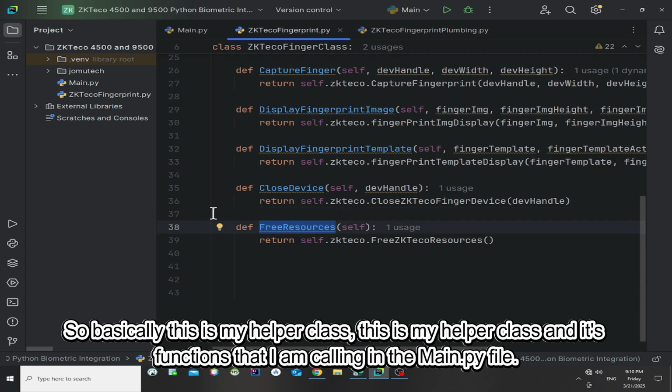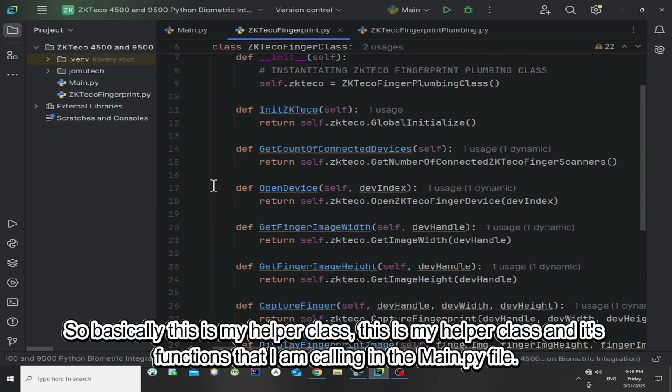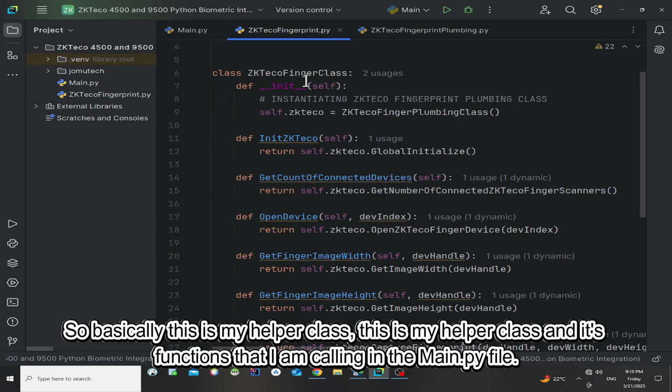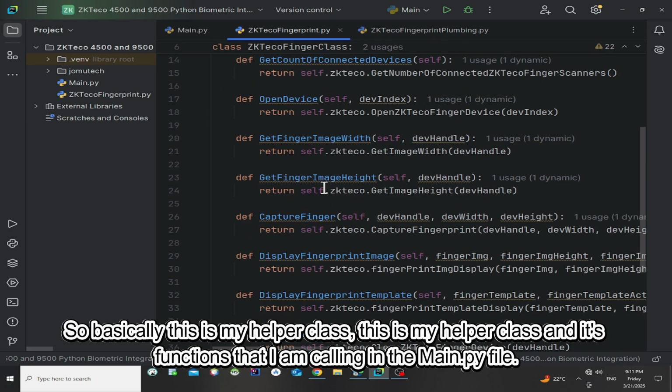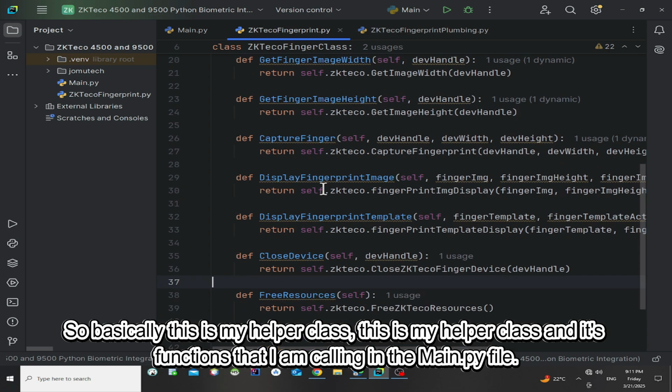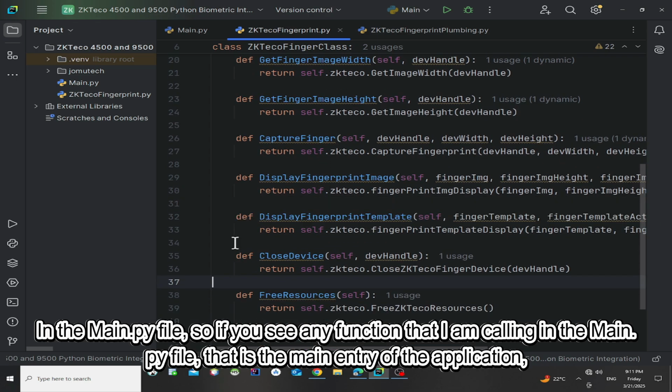So basically this is my helper class, and its functions that I am calling in the main.py file.